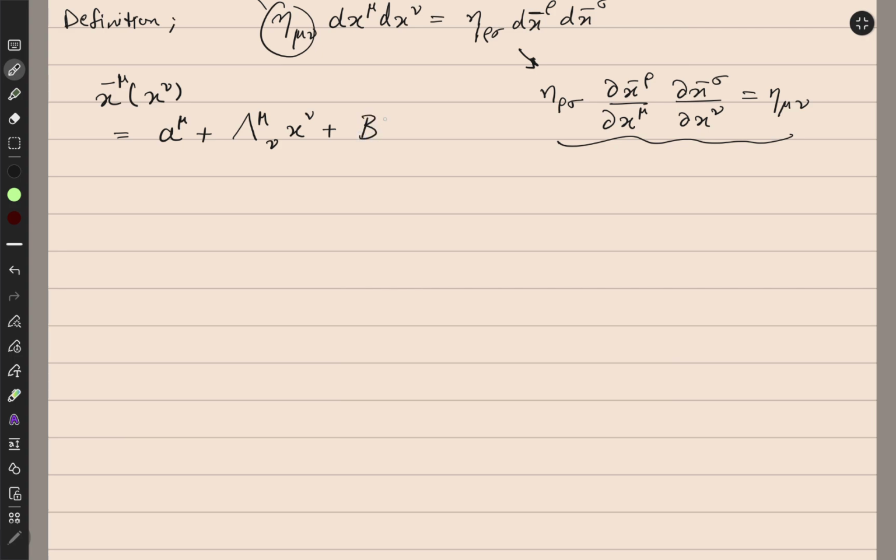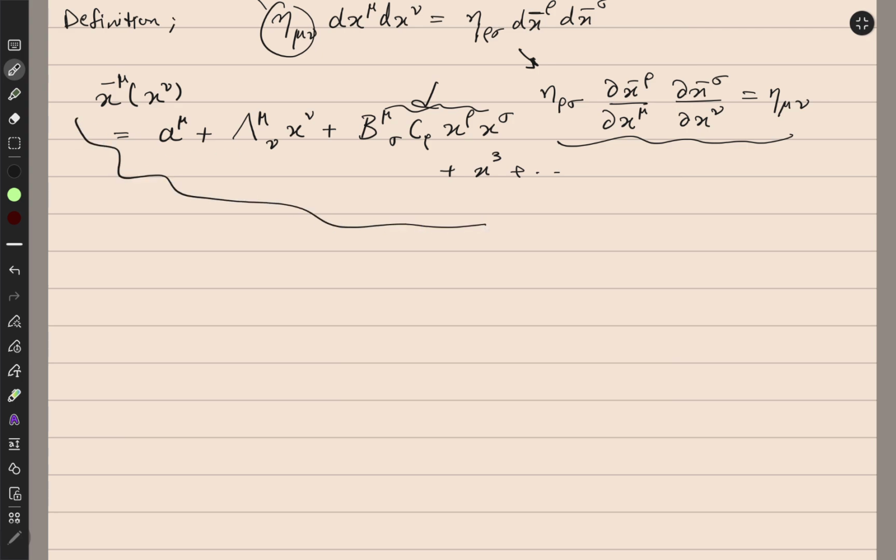Then there is some other matrix, let's say b, multiplying two powers of x, and similarly cubic and so on. So in general you can expand it using matrices and certain linear combinations. This term might not be written correctly, but anyway, the point is that you assume this is the most